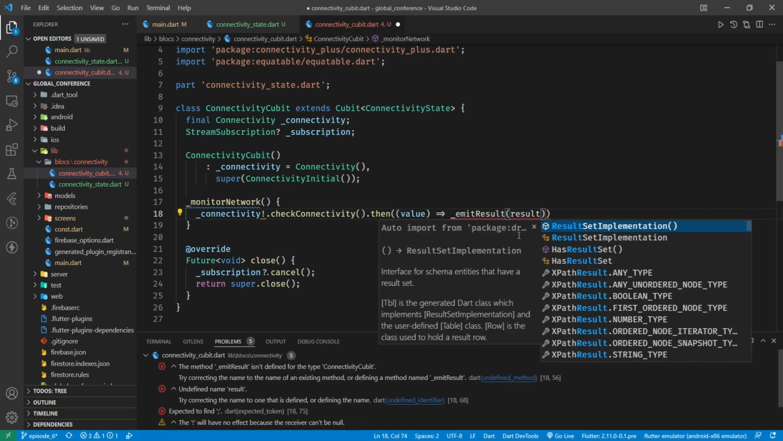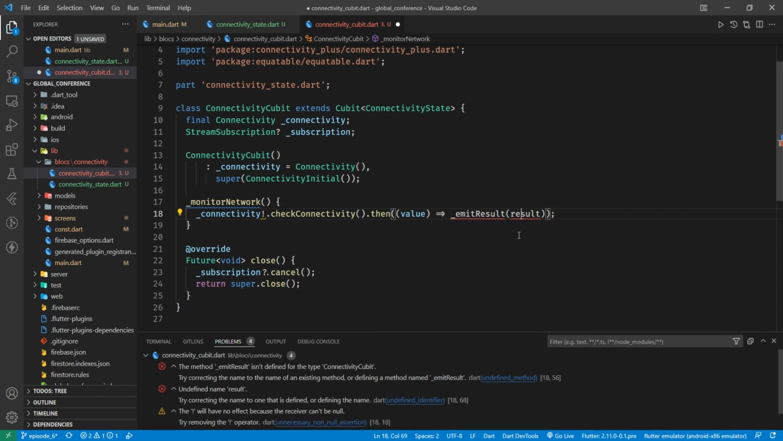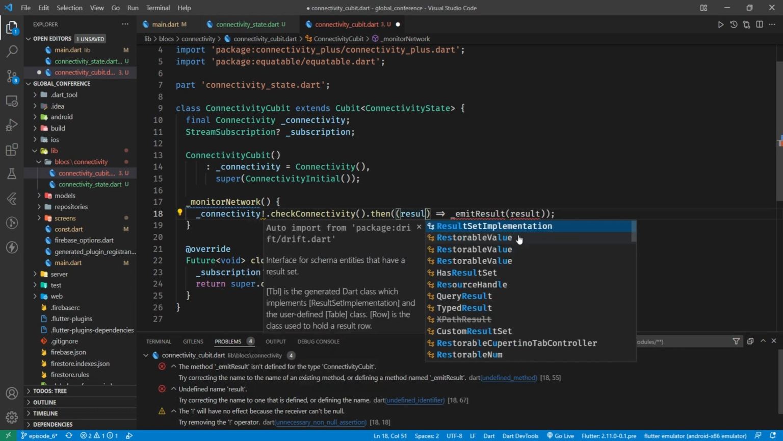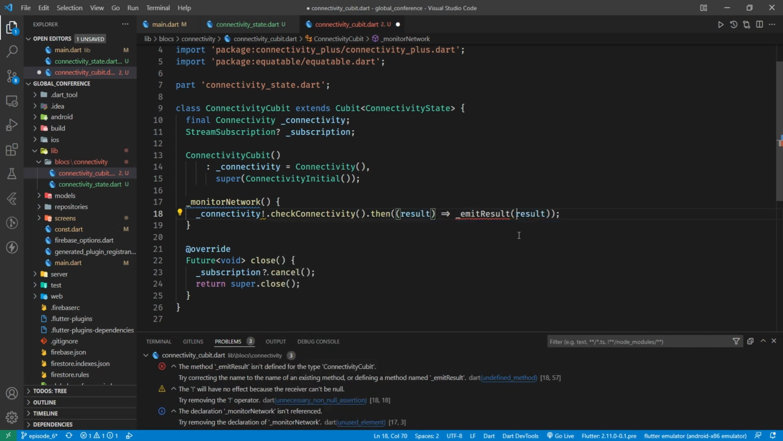We'll call it result. Now, emit result doesn't exist, nor does result. I'm just going to rename that to result. We don't need that at all. The reason we're going to emit the result to another function is because we're going to be calling that twice